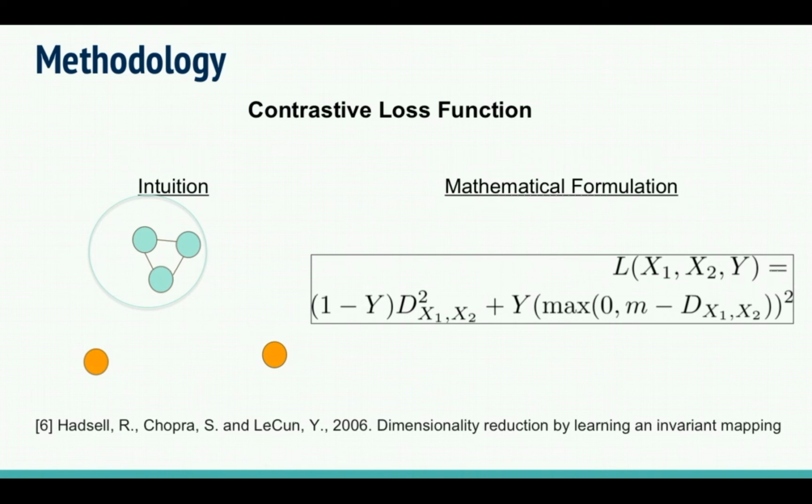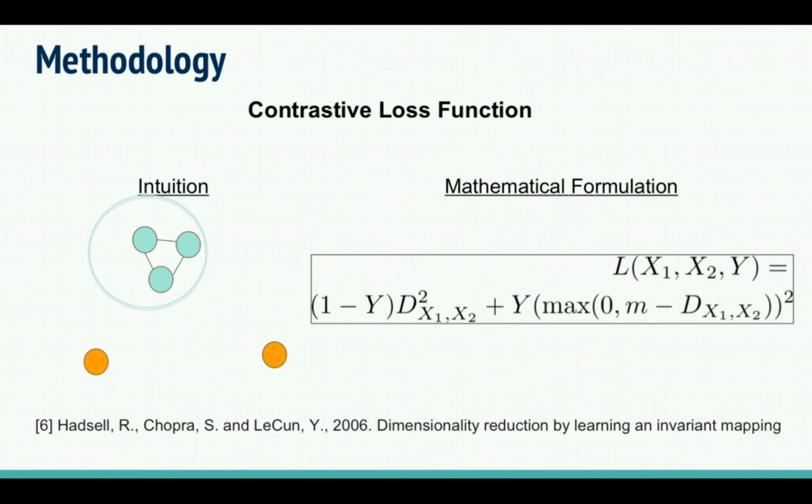Now, this function basically implements this intuition in the following manner: if two products are similar, then their y variable will be equal to 0, in which case the loss function is going to be equal to the distance between them. Since we're minimizing the loss function, to maximize our performance, we would end up minimizing the distance between